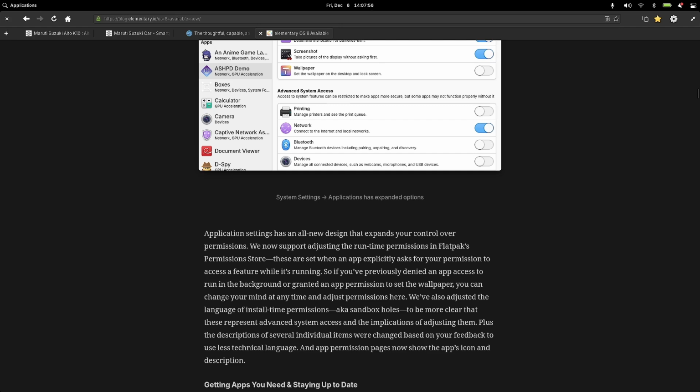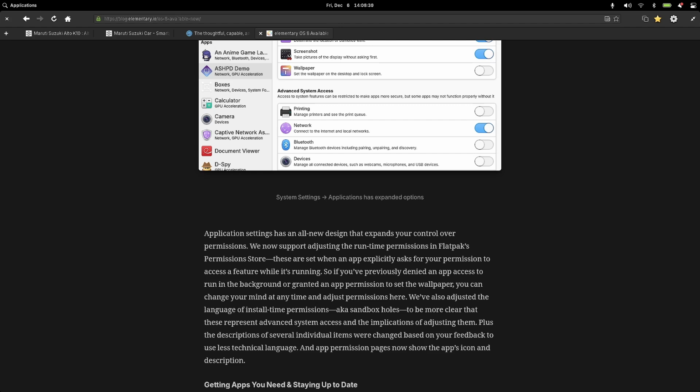Now this is a major change in elementary OS. Till earlier OS 7, elementary OS had its own app store where apps curated by the developers were available, and you had to use the terminal and other methods, like the PPA method, to install the apps of your choice. So the app store was limited, but now, beginning with elementary OS 8, they have gone for full Flatpak compatibility. So now the complete set of Flatpak applications from Flathub is available by default in the app store. If you open the app store, all the applications you see are Flatpak only,